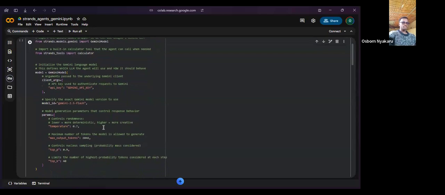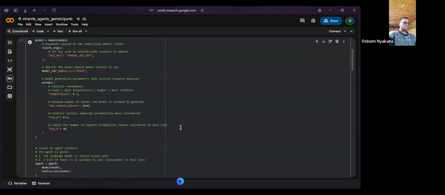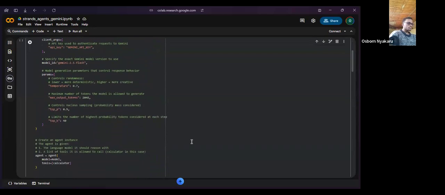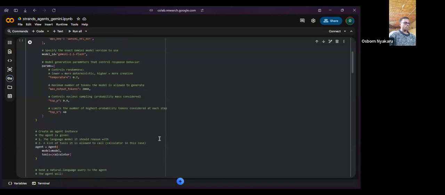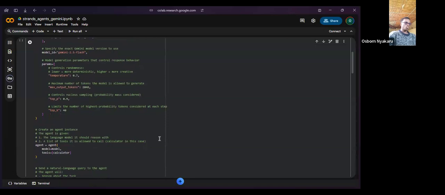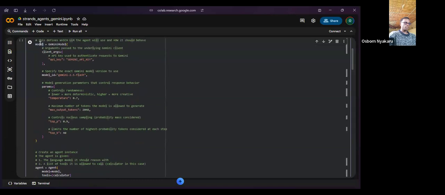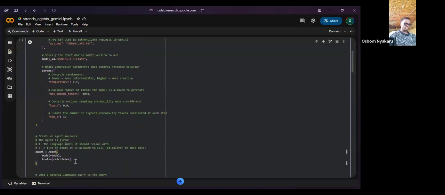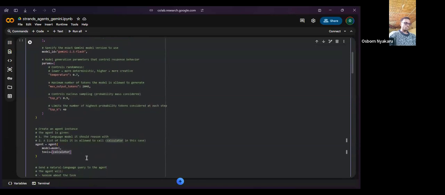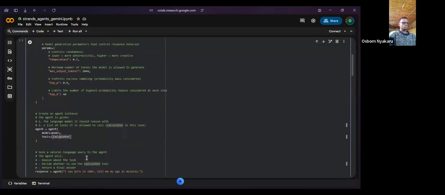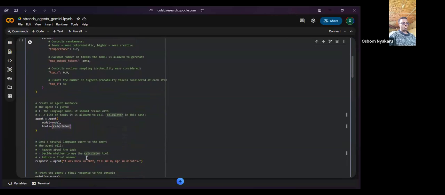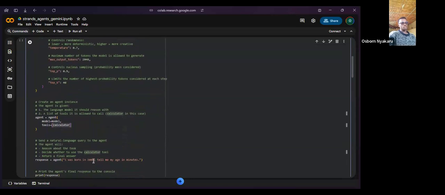After doing that, you call the agent, creating an agent instance with the model we had described here. Then we call the tool itself, the calculator, which is a very simple tool for us to use. Then I have my simple question: I was born in 2002, tell me my age in minutes.